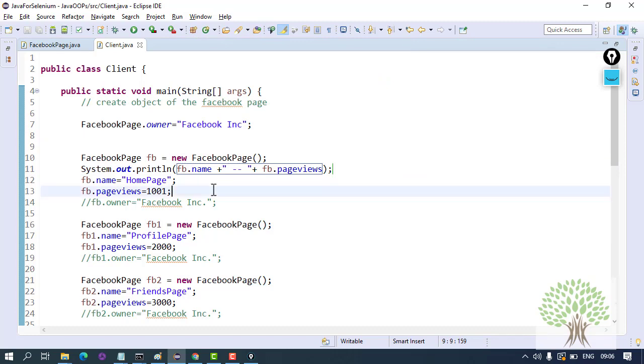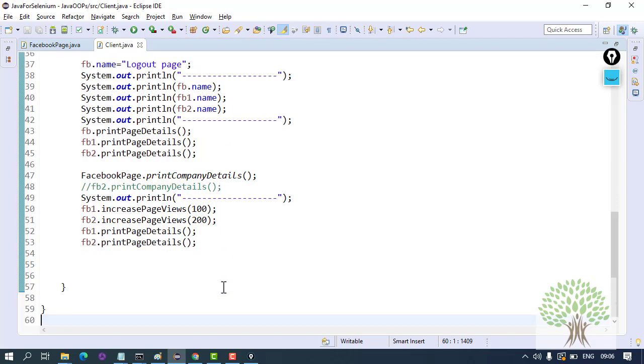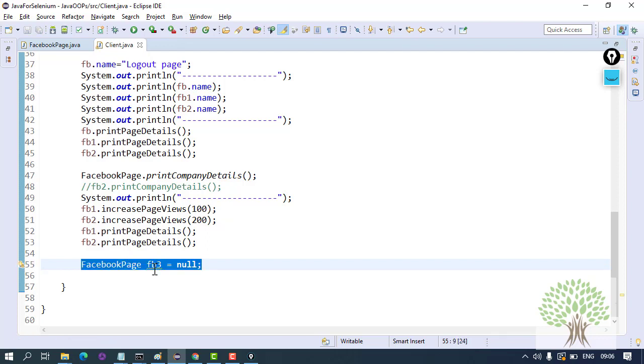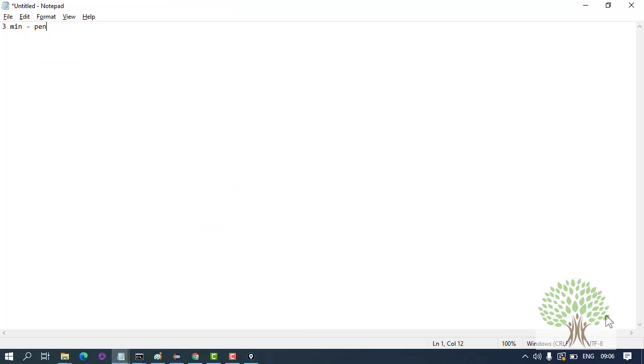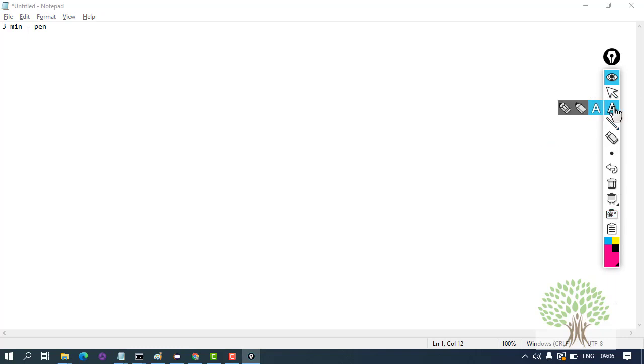Alright, fine. You can also create an object like this. You can write Facebook page fb3 equals to null. This means FB3 is actually not pointing anywhere. FB3 object reference will be just there in the memory.